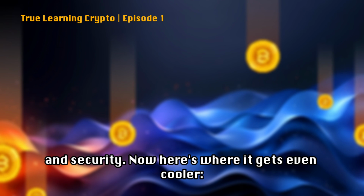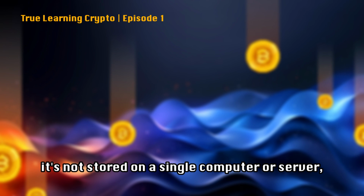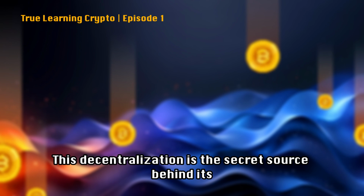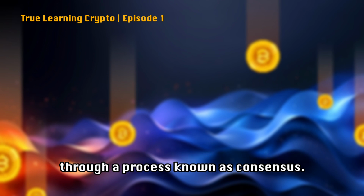Now, here's where it gets even cooler. Blockchain operates on a decentralized network. This means it's not stored on a single computer or server, but spread across multiple nodes worldwide. This decentralization is the secret sauce behind its security and reliability. To add a new block, most of these nodes must agree on the data's validity through a process known as